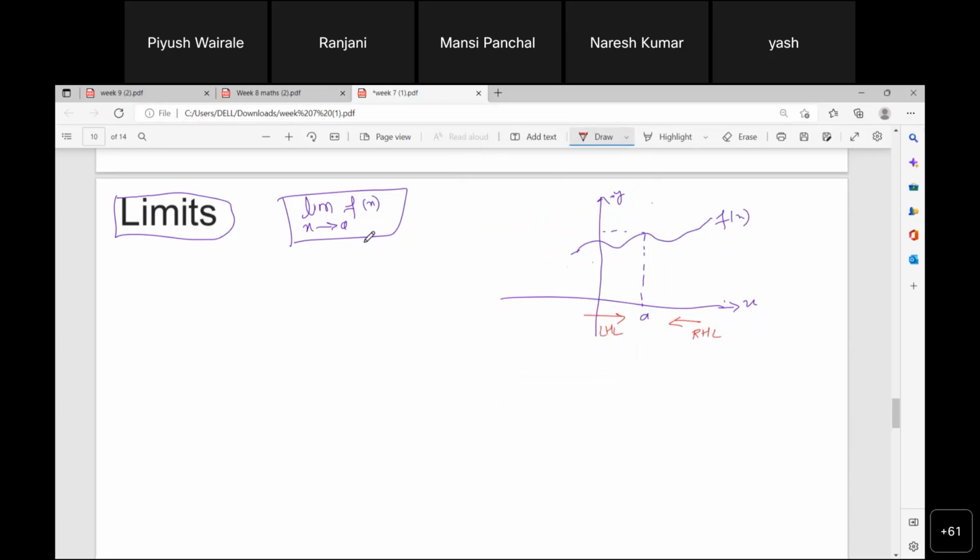So if I am getting left hand limit equals right hand limit, then I can say this particular limit exists. Okay. So say I take one function, f of x equals x square minus 9 upon x minus 3. This function is not defined at x equals 3. But if I want to take limit x tends to 3,